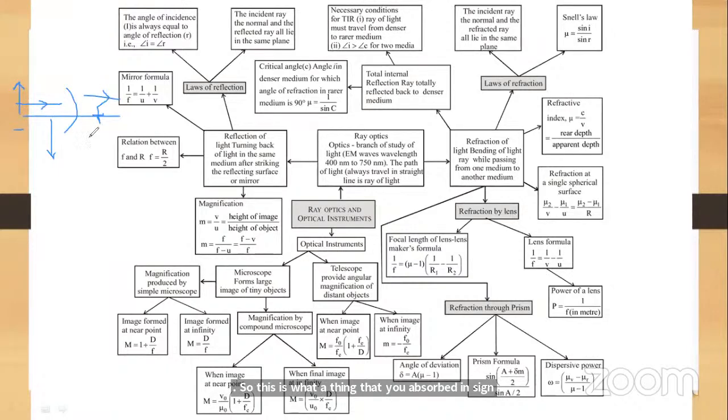So using this sign convention, we came across an expression for the reflection formula for a